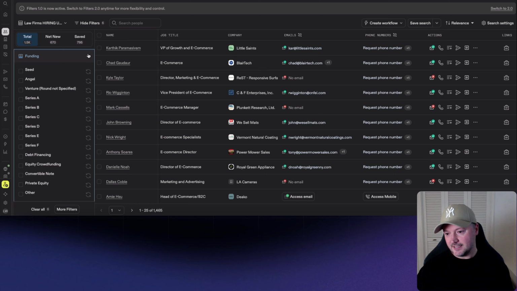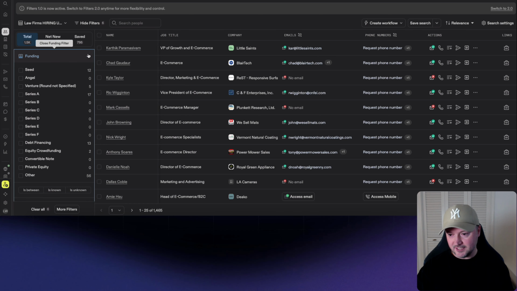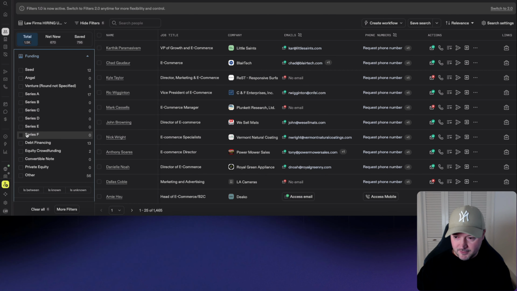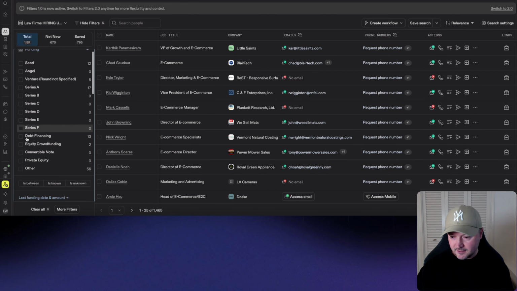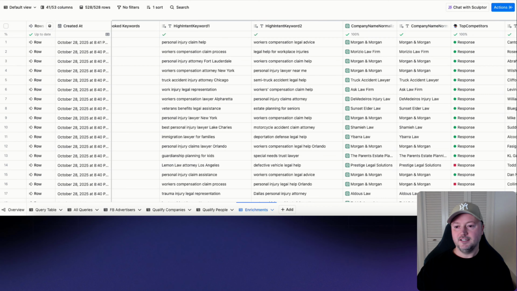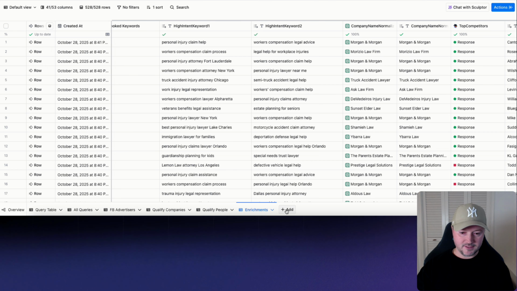So first thing is you get access to funding information, and when you open this up, it gives you access to the type of funding as well as the last funding date and amount. Now this might not be as complete as doing a search that starts with Crunchbase, for example, or Dealroom or PitchBook, but it's great that this is here because in comparison, if I was to set up a find companies